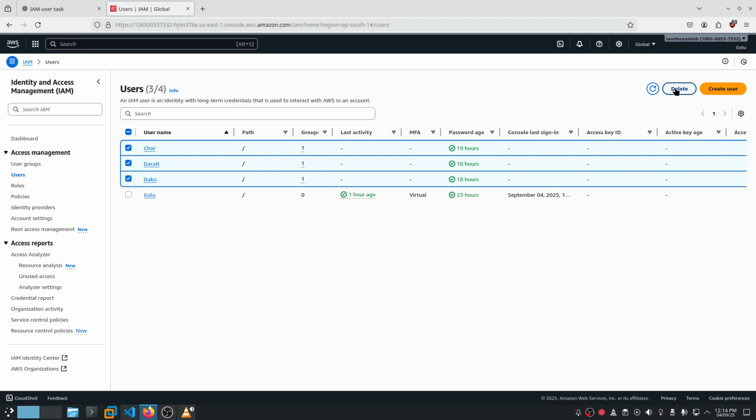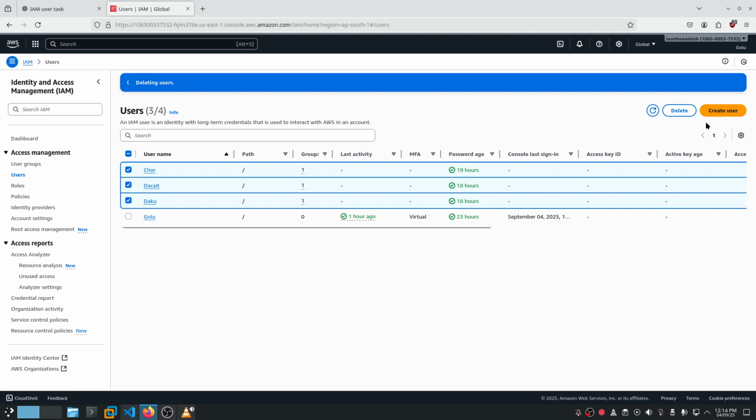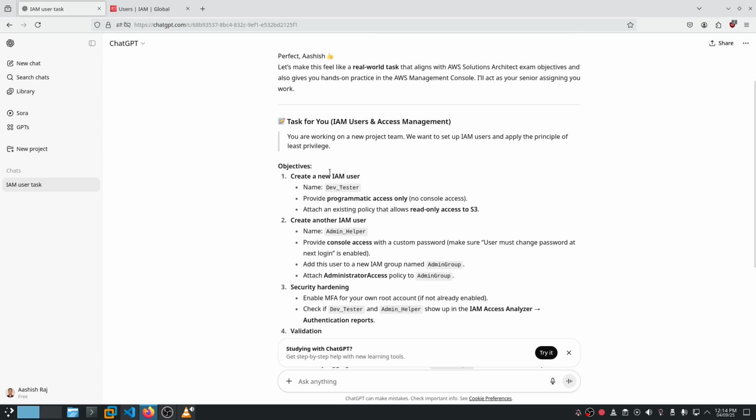Let me first delete all these users. Confirm deleting users, and Golu is my IAM root user because we don't have to use the root account for every basic task. So create an IAM user called dev tester.